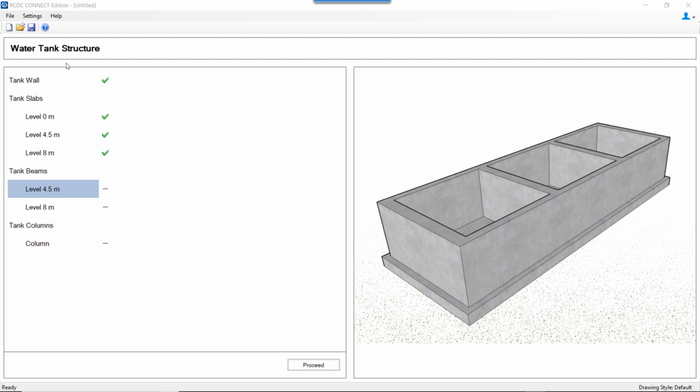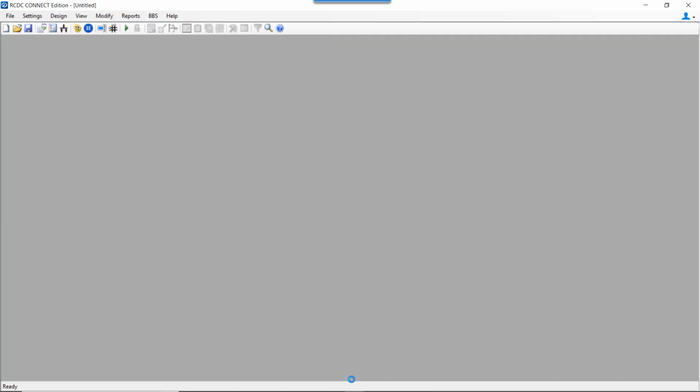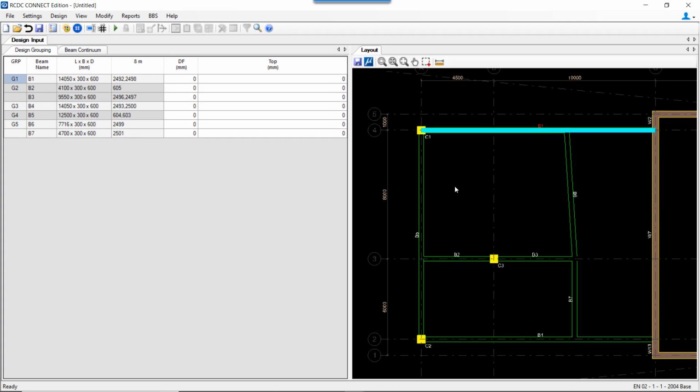Once the design of tank wall and tank slabs at all the level is done, next we can jump over to the design of beams. So beams are also designed as per the levels at which it is present. So if we consider the beam at say 8 meter level, we can go ahead and proceed. The beam design for the water tank module remains same as per the existing beam design workflow.